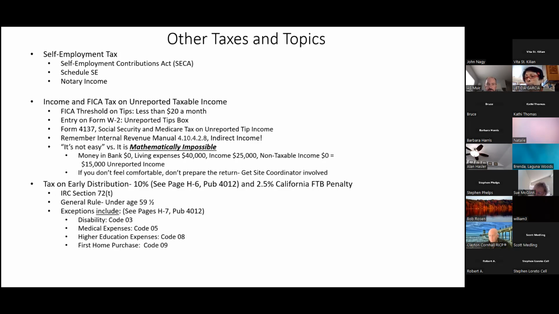Yeah, and on a garage sale, we might get clients who roam around the neighborhood and pick up other people's stuff and then sell it. And then in that case, there might be a tax consequence, but they're probably not going to tell you. They have to be a licensed retailer before they can charge sales tax. Yeah, I've never seen that for a garage sale. And here's another thing: if you're picking up items from other people, what that means is they're either giving you these items or you're purchasing those items, which means now you retain title, which now means you've got a capital asset when you resell it.